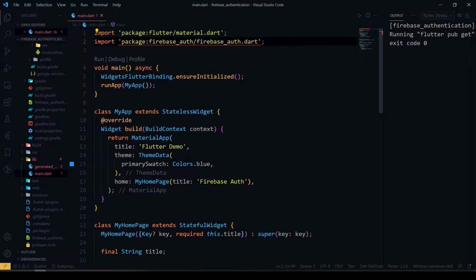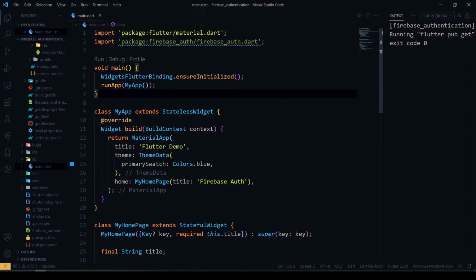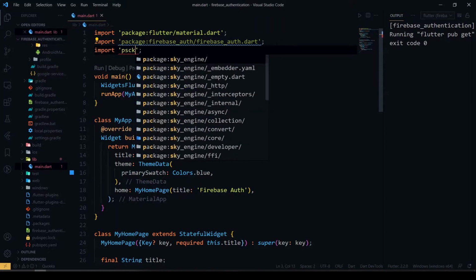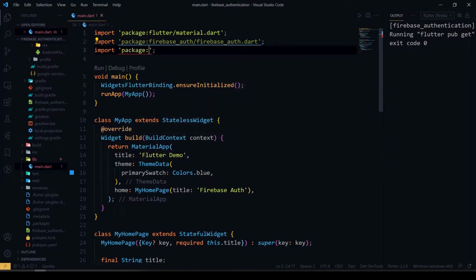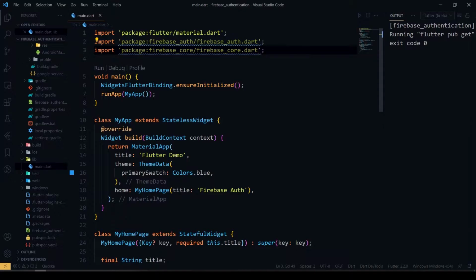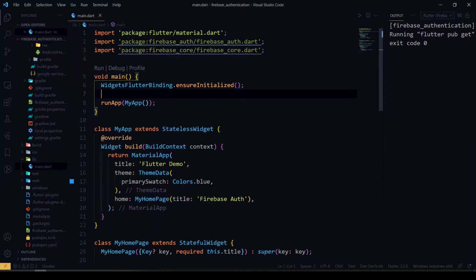Just import it, and we have to add another package too. The package is Firebase Core. So here we go. Once we have imported this, we have to initialize our Firebase in our Flutter application